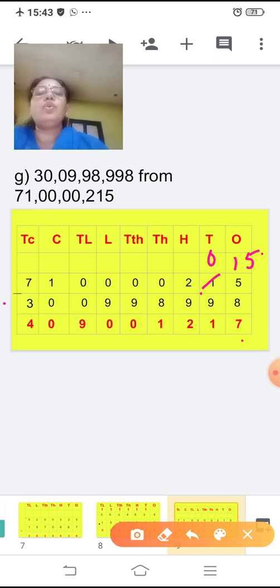Now from 0 you cannot subtract 9. So you'll borrow from the hundreds place. This will become 1. This will become 10. Now 10 minus 9 is 1. Now from 1 you cannot subtract 9. So you will borrow from the next place. Now see here in this sum the numbers in the thousands place, 10,000s place, lakh place, 10 lakh place are all 0.